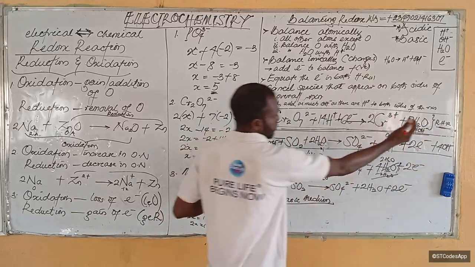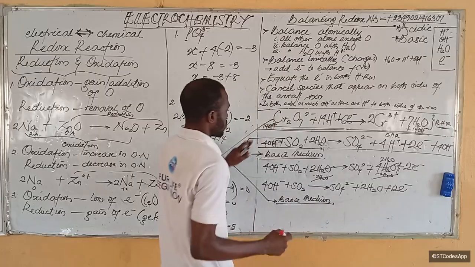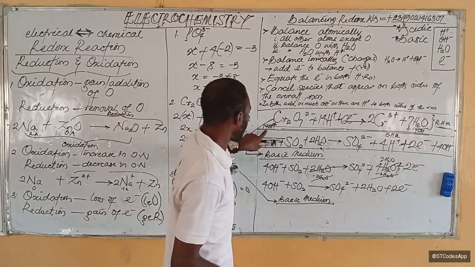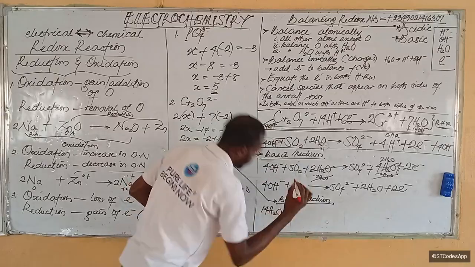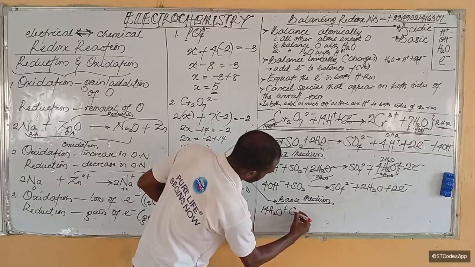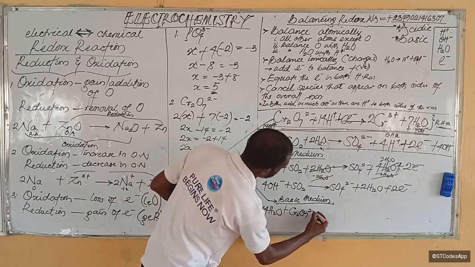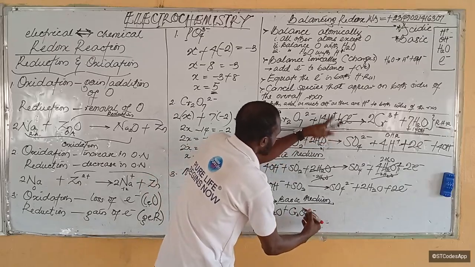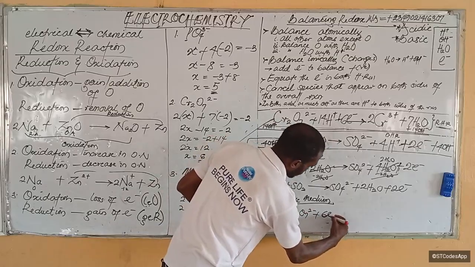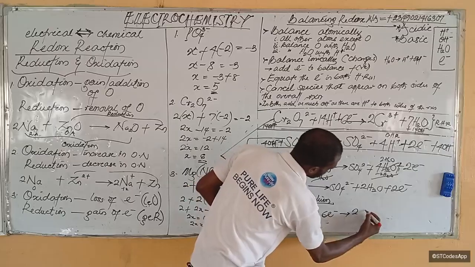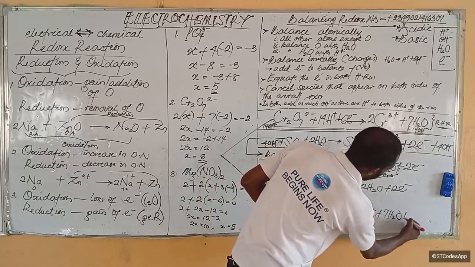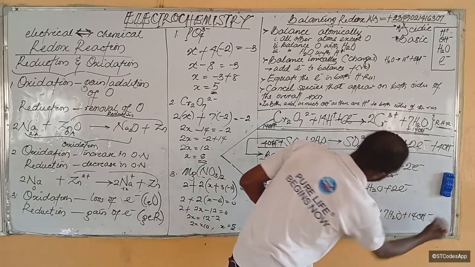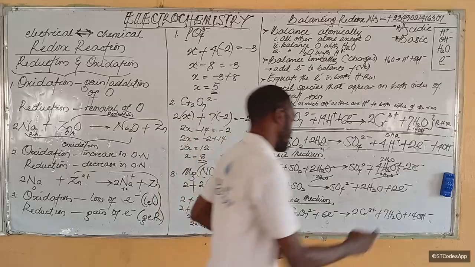If there was space here, I would have written it here, but there's no space. So if I add 14 H2O, 14H+ plus 14H+ will give us 28H+. Is that clear? Plus Cr2O7 2- (keeping in mind that this has become water) plus 6 electrons to give 2Cr3+ plus 7H2O plus 14OH-. Now, this